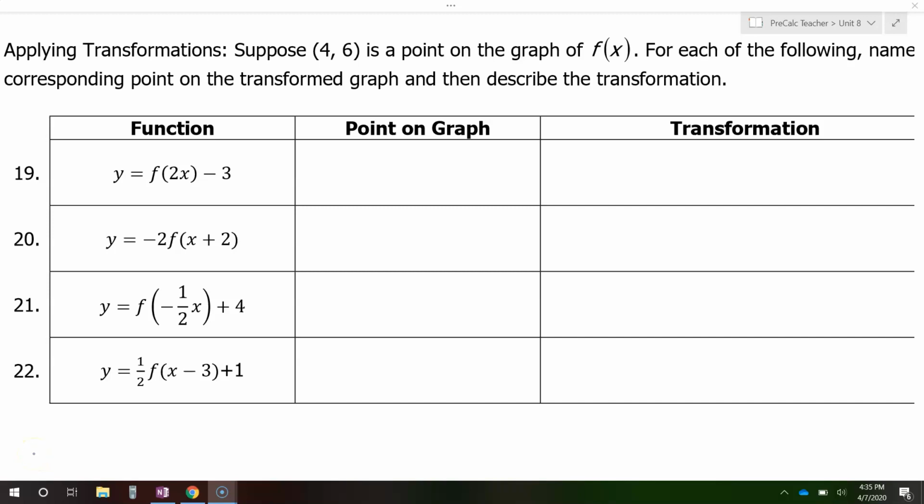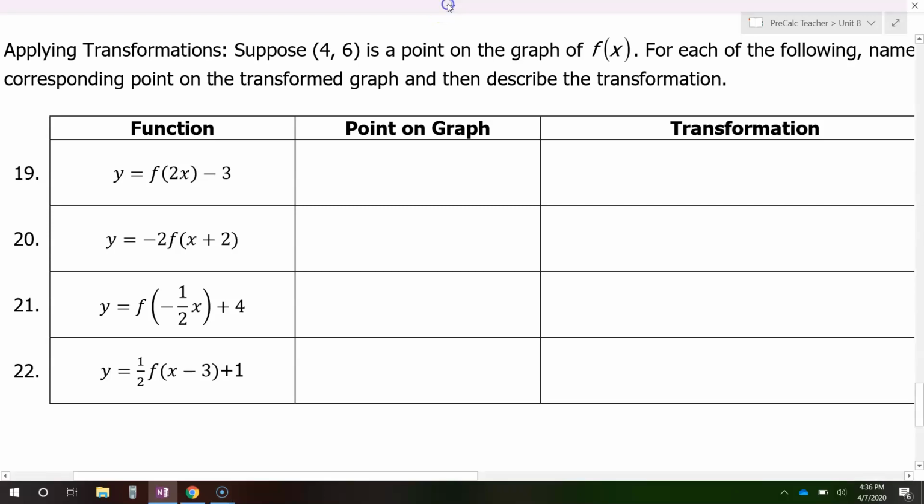In this video, I will show you how to perform a variety of transformations on a particular point. And we will also just in general describe the transformations that we're seeing represented in this function. So looking at problem number 19, let's think about the transformations that are happening compared with the parent function f